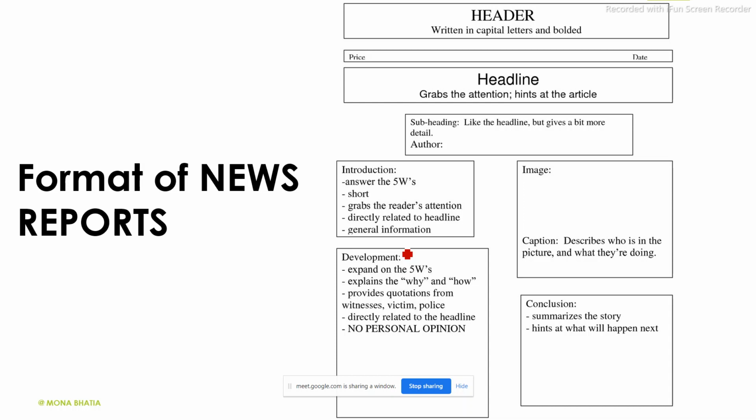Don't take it easy, because newspaper reporters really push themselves a lot when they write. When you go for an internship or other things, right now you are having a really good time here, with online education and everything. But otherwise, in an internship, they will throw the news report back in your face. Don't mind that, because that is the learning stage. Each and every journalist has gone through that. Don't think, oh my god, that person has insulted me. No, you are going to learn from that only.